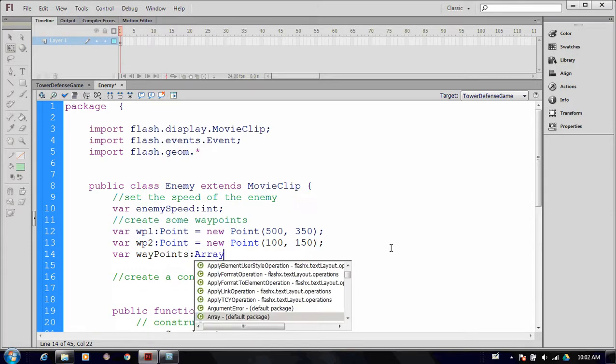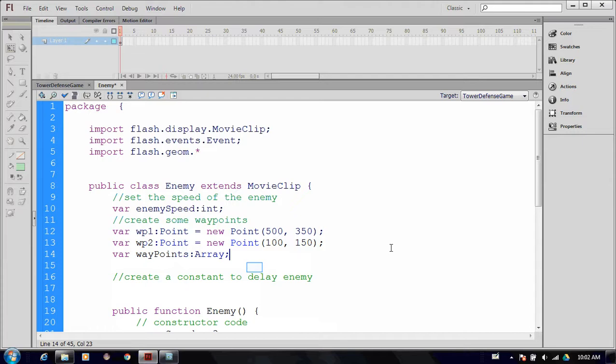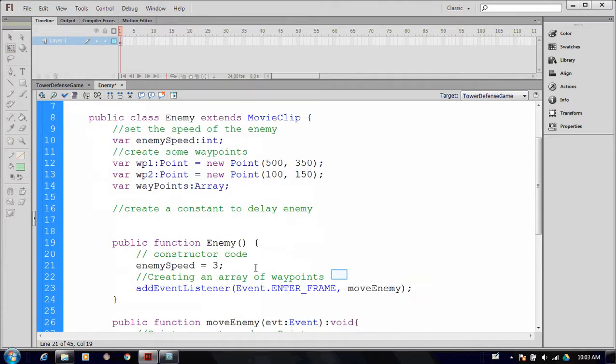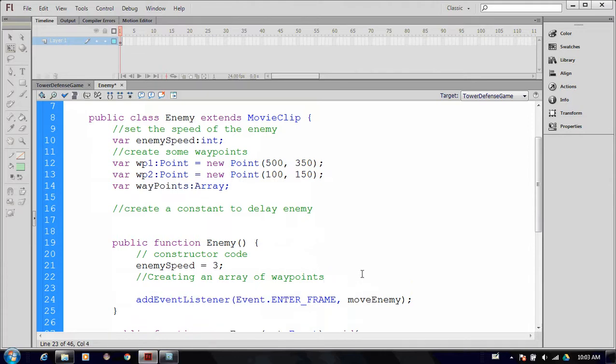And I'm going to go ahead and stop that there. Down in the constructor function, that's where I'm actually going to instantiate this. So to create the array in here, I'm going to say waypoints, which is the name of my array. I already created it, but I'm going to do what's called an instantiation,